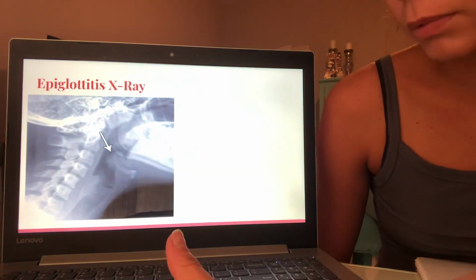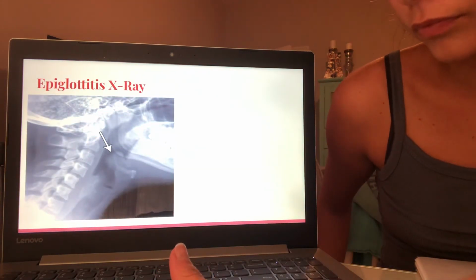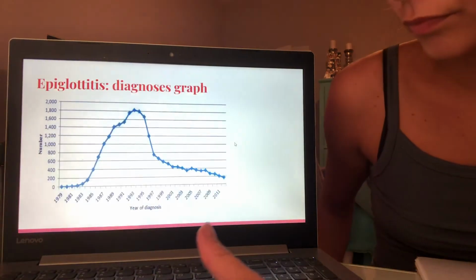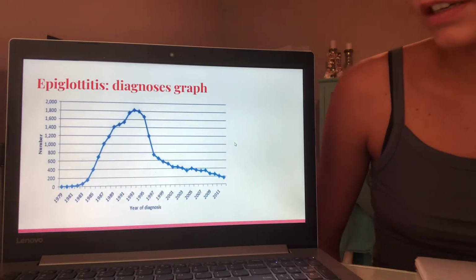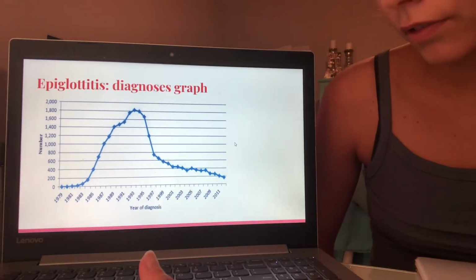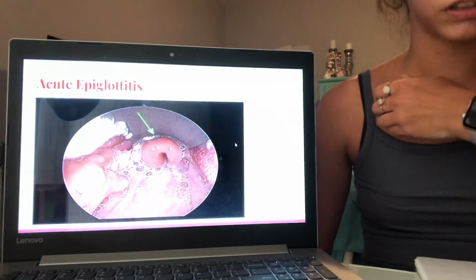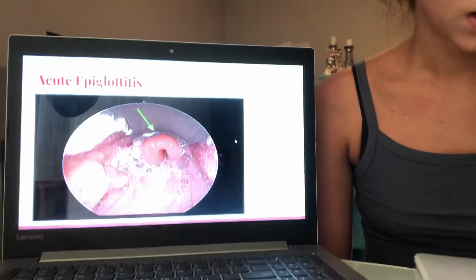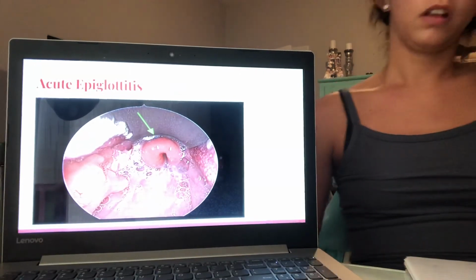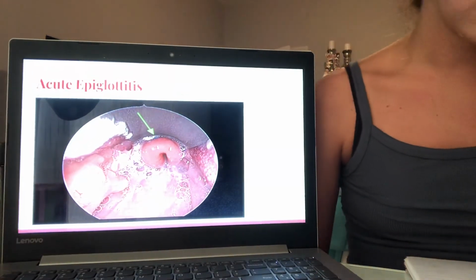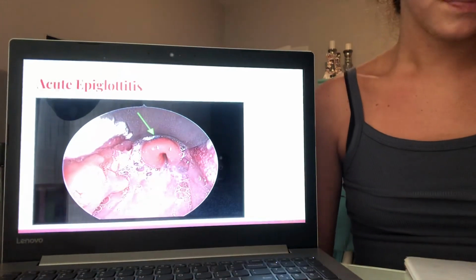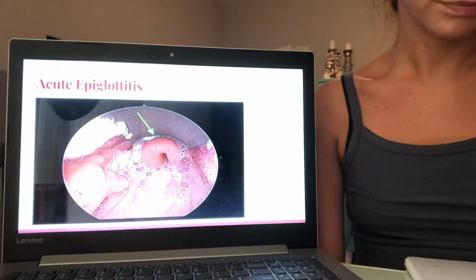And then there's an epiglottitis x-ray, as you can see right there. And that's an epiglottitis diagnosis graph of each year. And that's acute epiglottitis. The symptoms of epiglottitis include fever, severe sore throat, abnormal, high-pitched sound when breathing, difficult and painful swallowing,